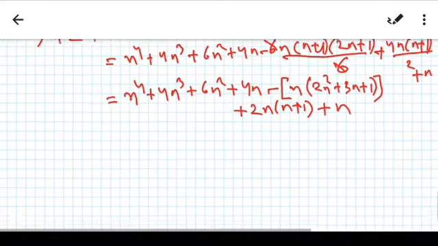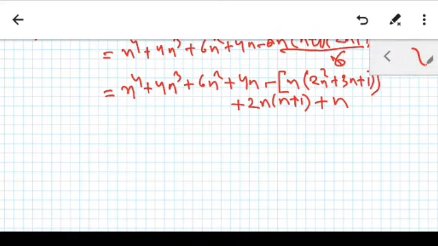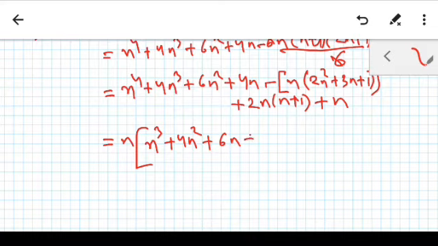Okay, now let me finish it. That is equal to, if I take n common from here, so I'll be having n to the power 3 plus 4n square plus 6n plus 4 minus 2n square minus 3n minus 1, and I have taken common this one,